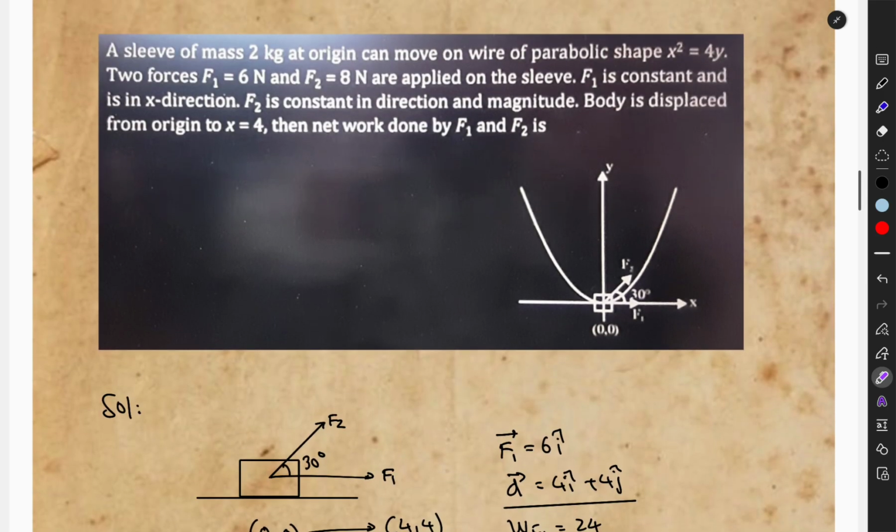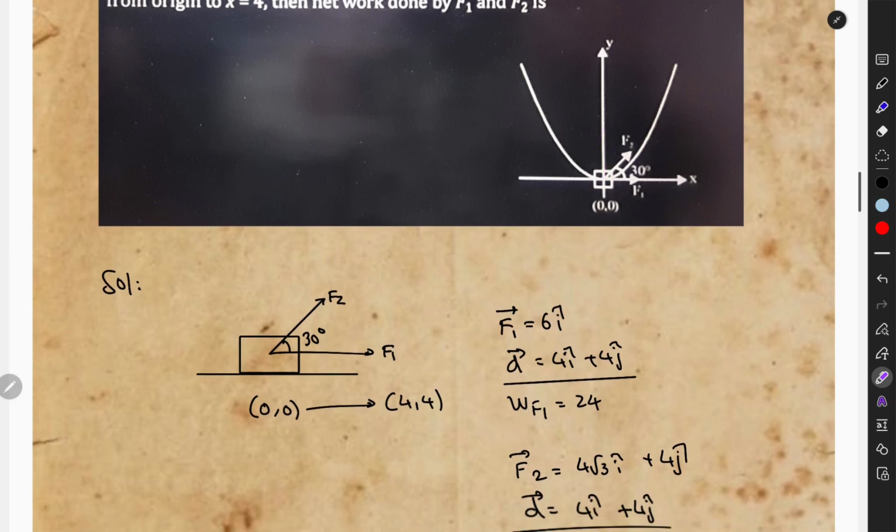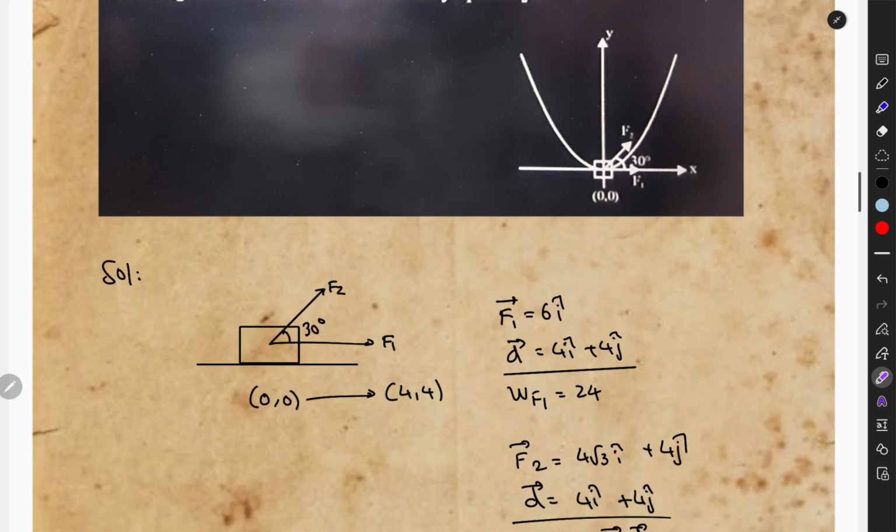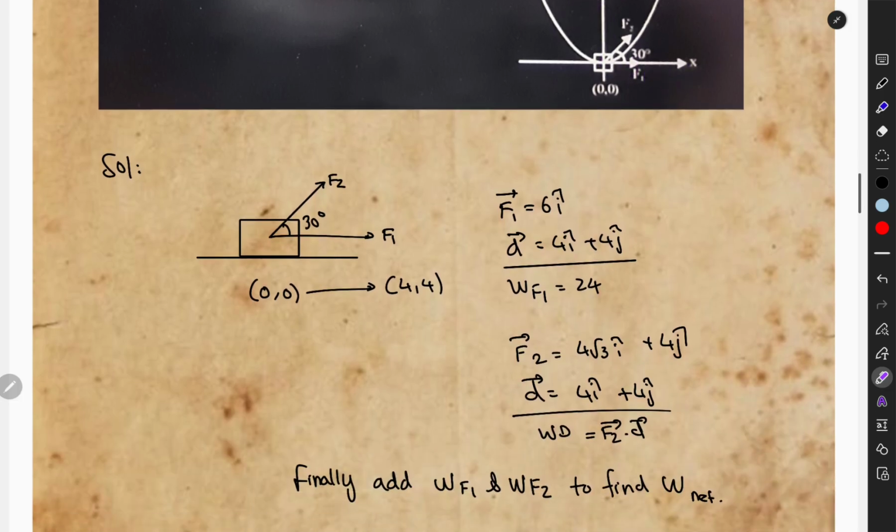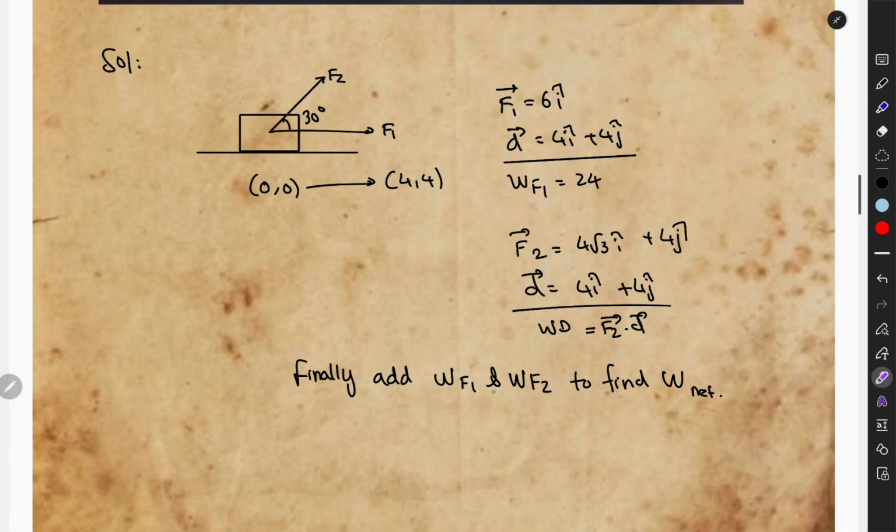So the force F1 is 6 i cap. F2 you need to separate into components, which are F2 cos theta and F2 sin theta. Of course, you can find the value separately in i cap and j cap, and then the distance, and finally the dot product of both, and you'll get 24, and you get the value for this,